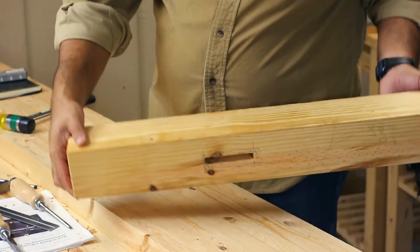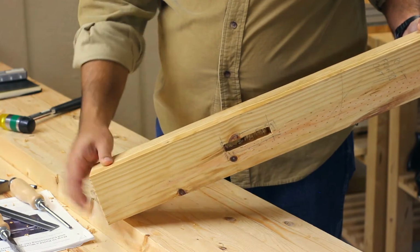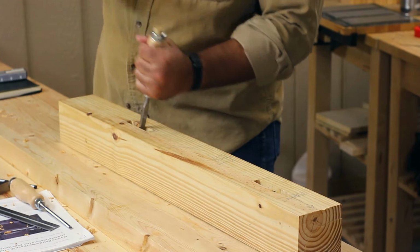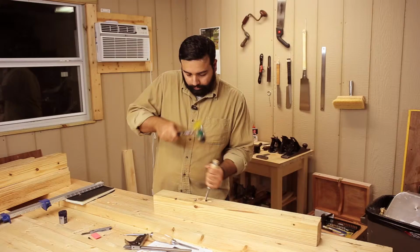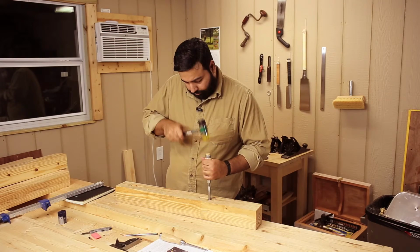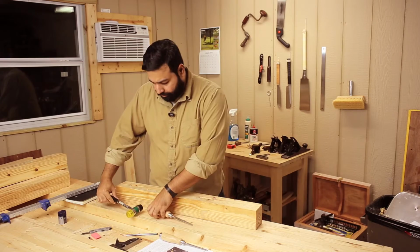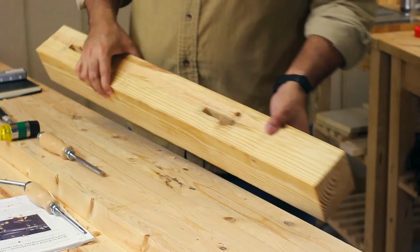Okay, I don't know if you can see this, but I am through to the other side a little bit to go. Okay,